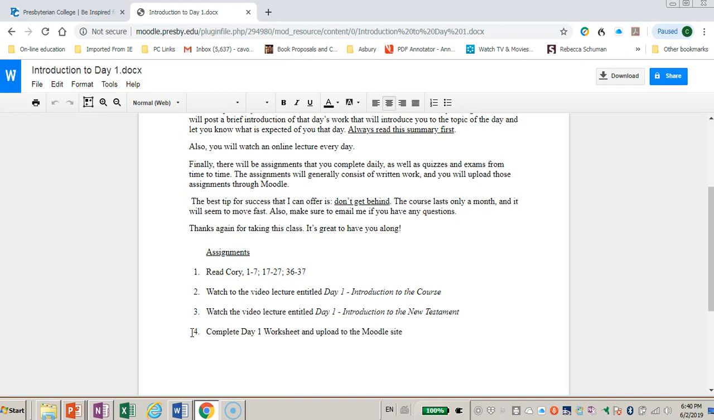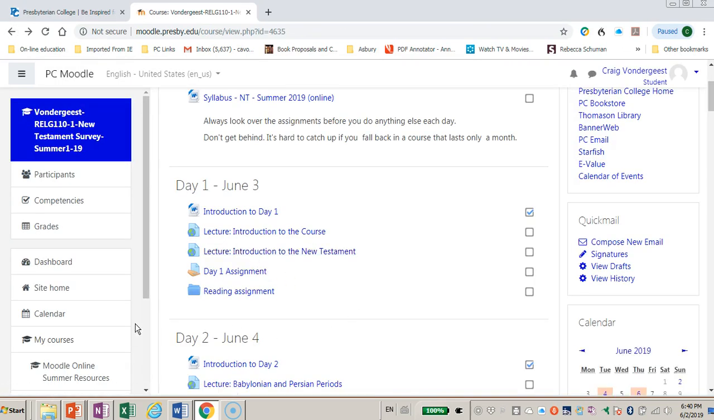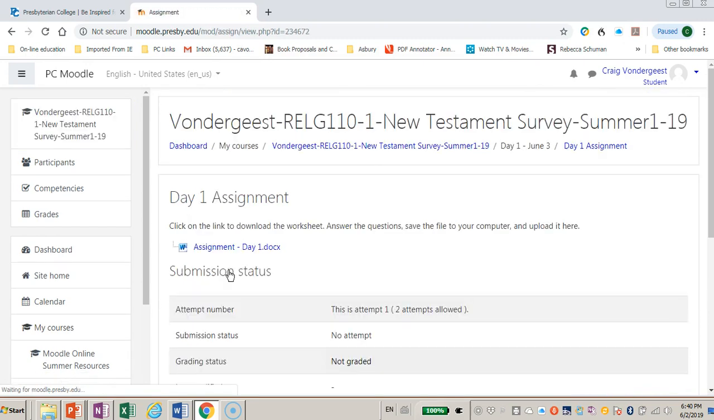So let's take a look at how these worksheets are going to work and how you submit those, because there will be a set of questions for you to complete on the lectures and the reading assignments each day that will help you focus on the most important points that you are going to need to remember. So here under day 1, for example, you will see that we have the day 1 assignment listed, and so you will click on that, and then the assignment sheet itself is going to be a link right up here, so you will open that,